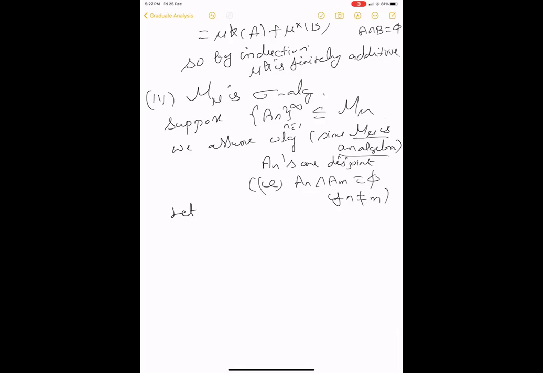We want to prove that, suppose we have that. Then we want to prove that the union of A_n, n equal to 1 to infinity, is in mu. That's what we want to prove. It will have the same union. We can arrive at that with a different union. So now let S_n equal the union of m equal to 1 to n